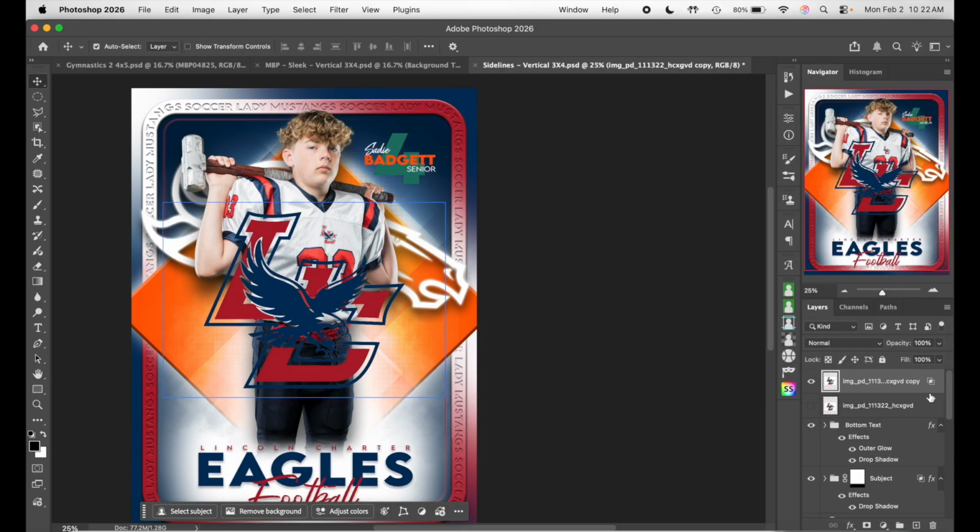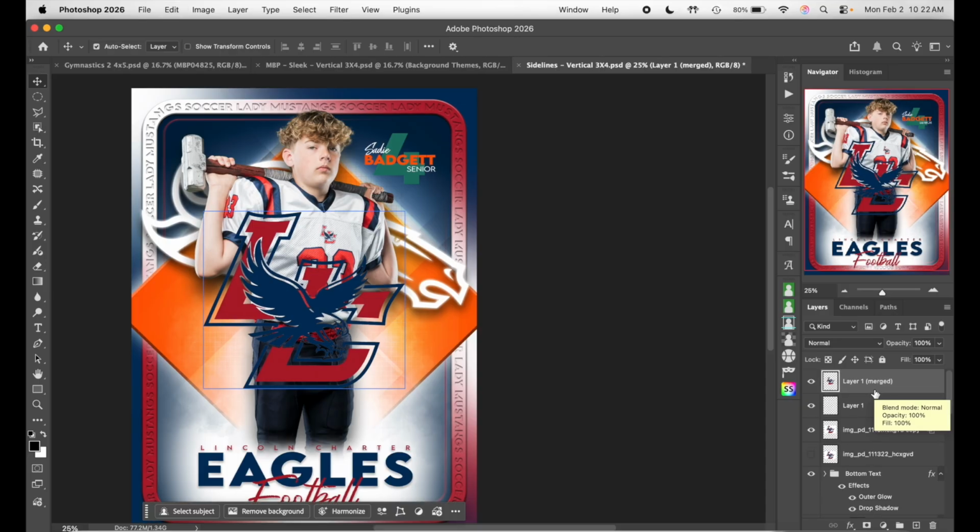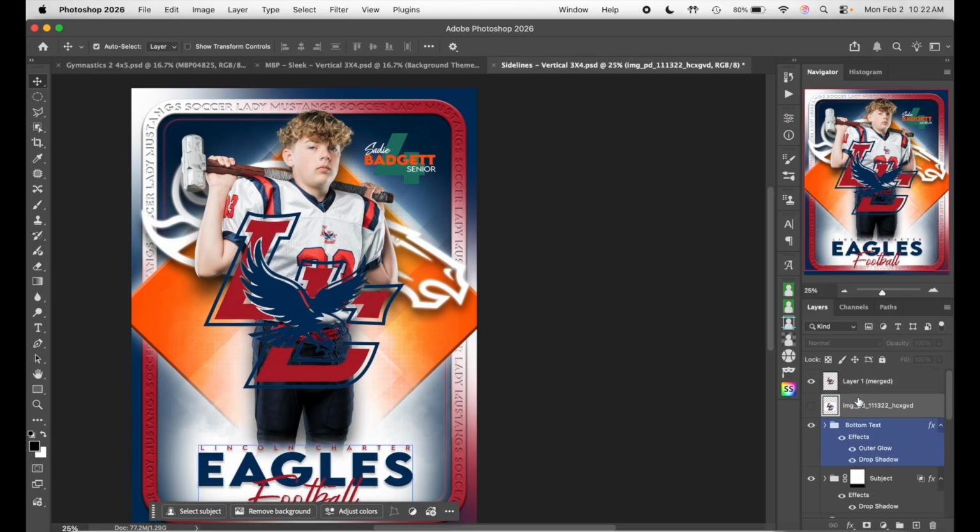Cool. Then what I like to do is create a new layer by clicking this little plus icon. Then I'll just grab both of those. And then on a Mac, I will do Shift Option Command E. And that'll, whoops, sorry. It is Option Command E? Yeah. Which would be Alt Control E on a Windows, I believe. But that just creates a merged version of that. So we'll delete these two. And now you just see you have a transparent